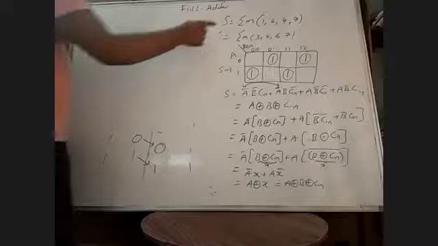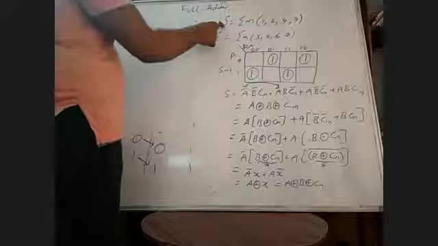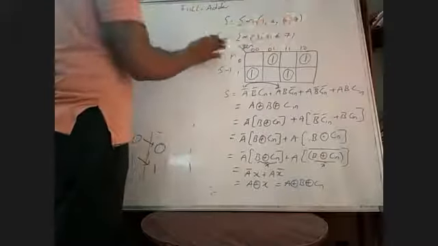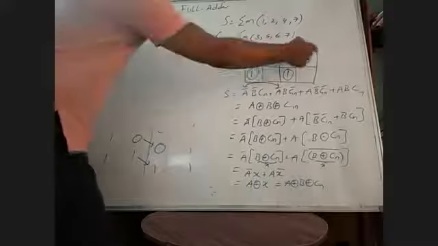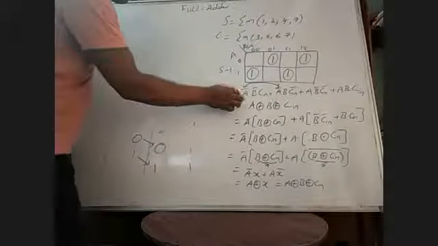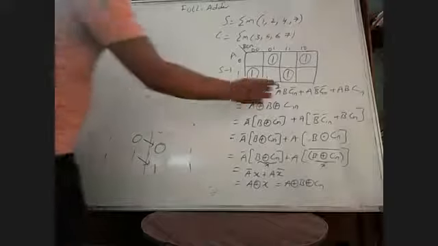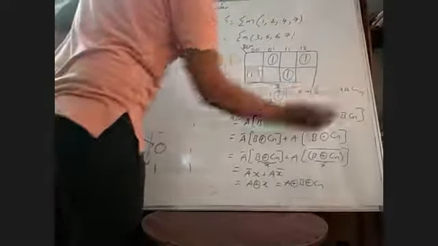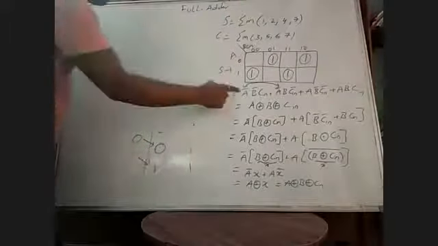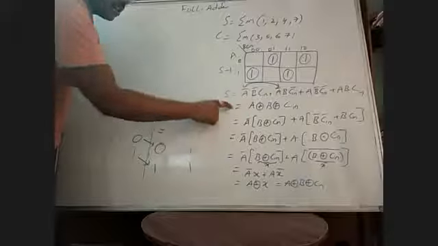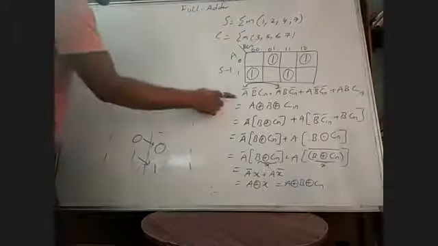We have taken the A B C in full adder and drawn the function table. After that we identified the sum min terms: 1, 2, 4, 7, and carry min terms: 3, 5, 6, 7. With the help of K map we have drawn the min term locations in the K map. We have written the expression S equals A bar B bar C in plus A bar B C in bar plus A B bar C in bar plus A B C in. No doubt this expression we can directly write as A exclusive or B exclusive or C in, or also we can prove by using Boolean law.